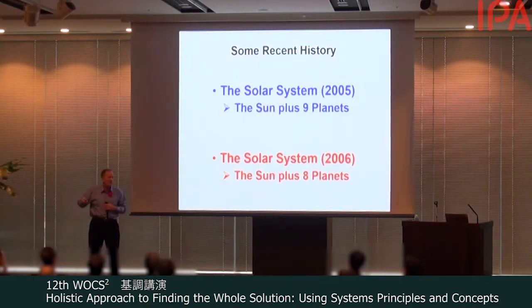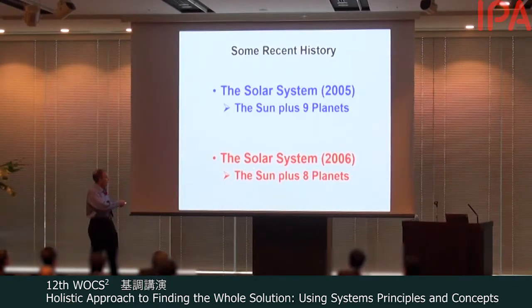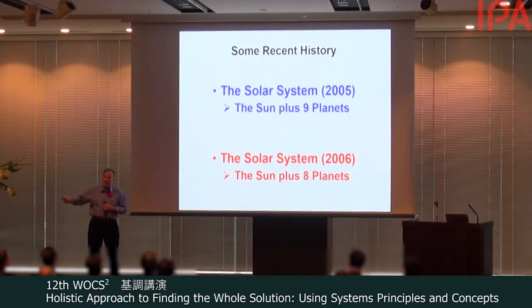So that's a lot of what we do when we're doing system analysis, is identifying what are the parts of the system. Here's one part, the sun, and 8 parts over here. And those 8 planets interact with each other and interact with the sun to give you the solar system behavior. Okay, so the 9th planet is now called a planetoid, and has a different behavior as a contribution to the solar system.